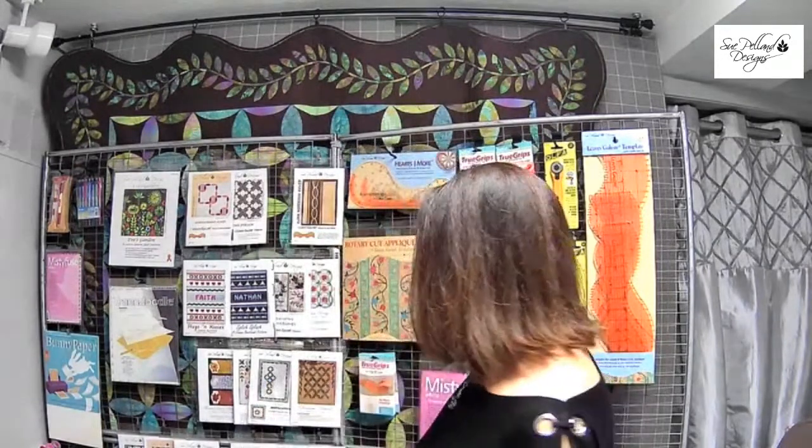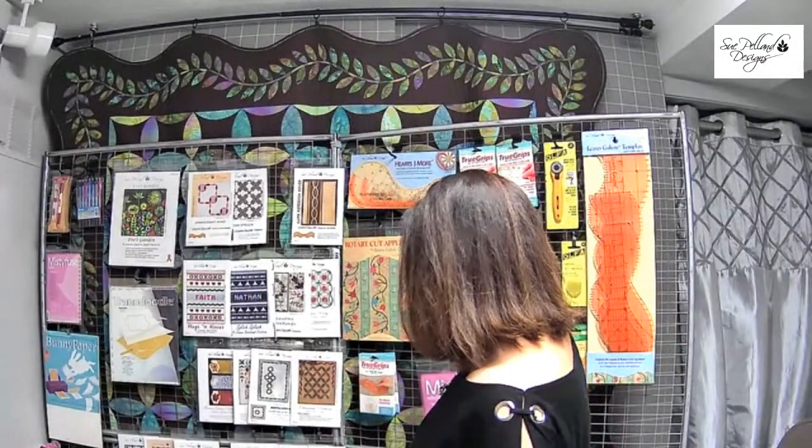Now, one of the secrets to fusible applique is using the right fusible. So another thing that I'm going to demonstrate today is Mistyfuse. Mistyfuse is my favorite fusible web. It's the best product out there that makes your applique quilts soft, beautiful. It sticks really well. It's easy to use. And it has a few really unique features that I'd like to point out to you